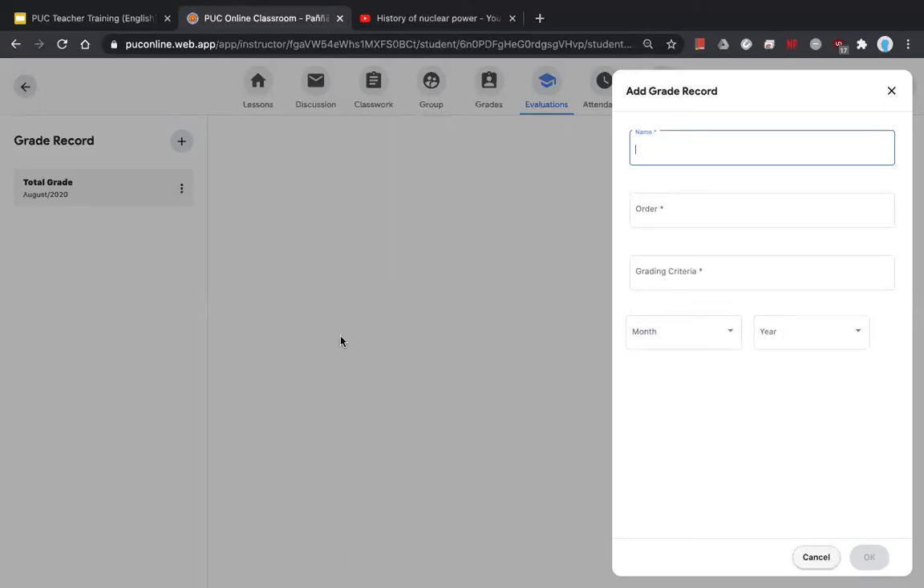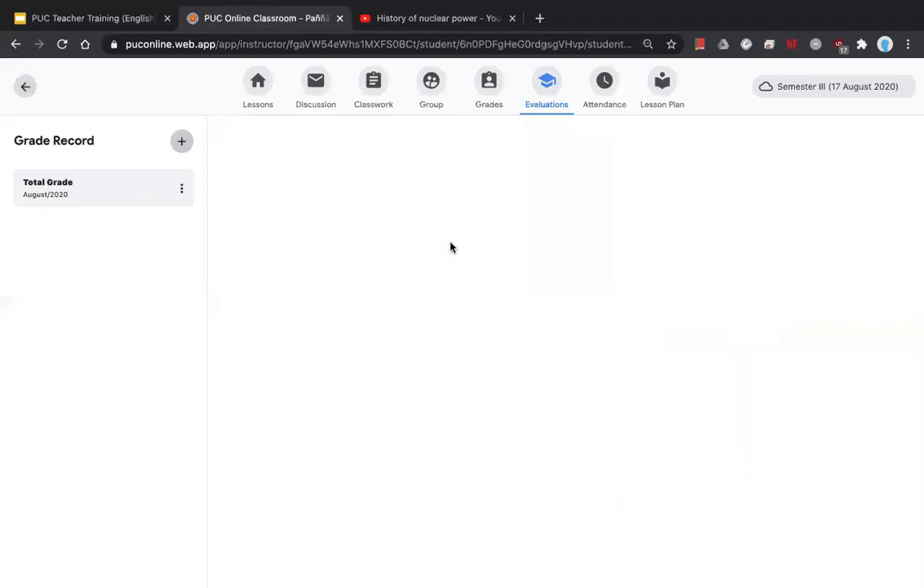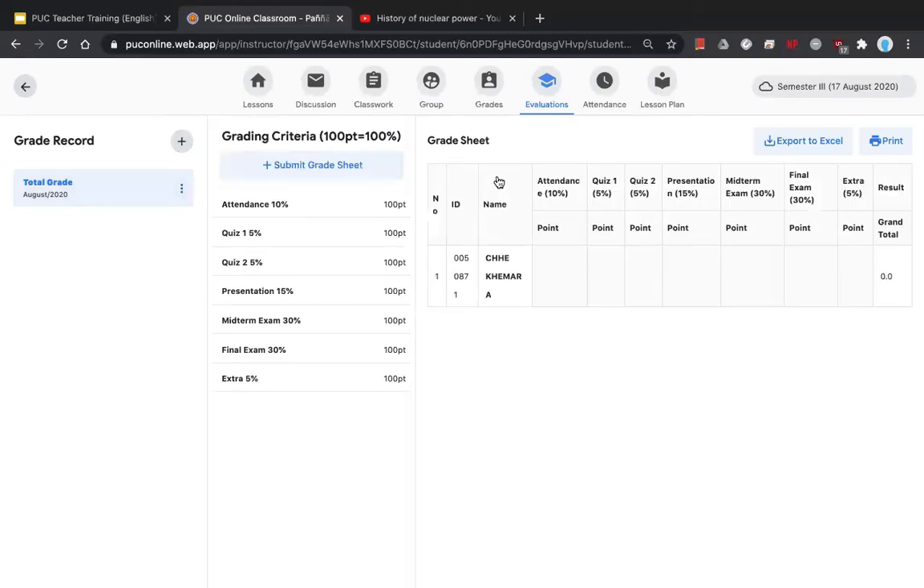So after you click on it, you will see it empty. So how can you make it appear or display? You can click on here, click on your total grade. After you click on it, you will see all of your grading criteria listed here, but the